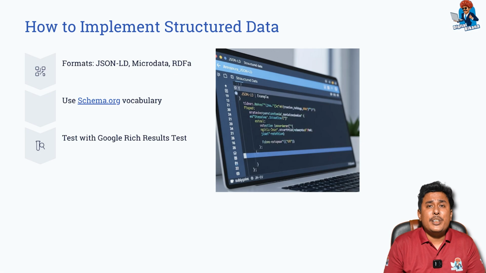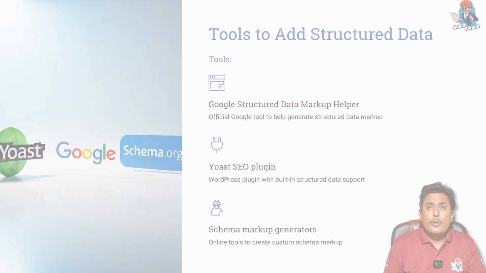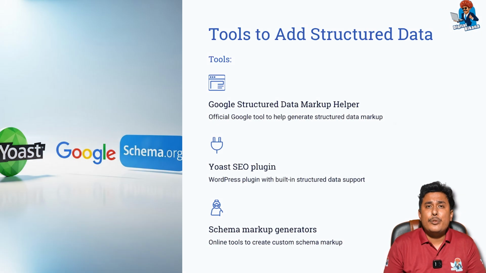You can implement structured data using JSON-LD, microdata, or RDFa formats. Google recommends JSON-LD as the easiest to use. After adding it, test your markup with Google's Rich Results Test Tool. You can add structured data manually or use tools like Google Structured Data Markup Helper, WordPress SEO plugins like Yoast,